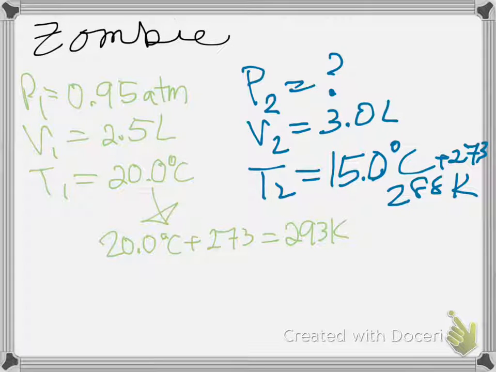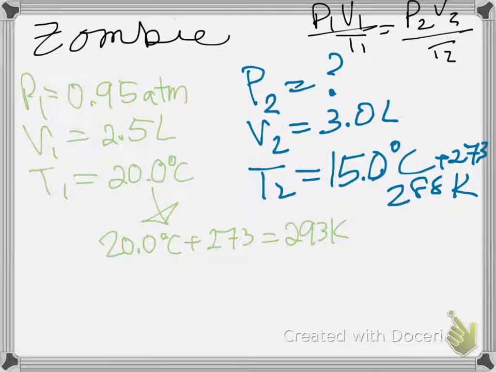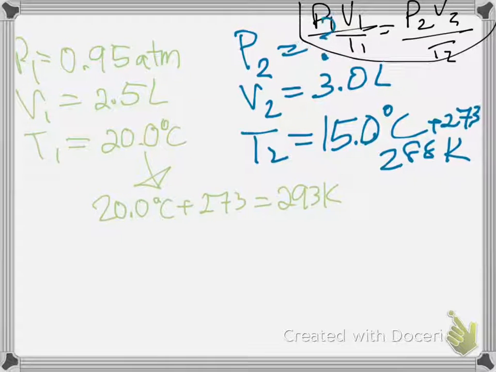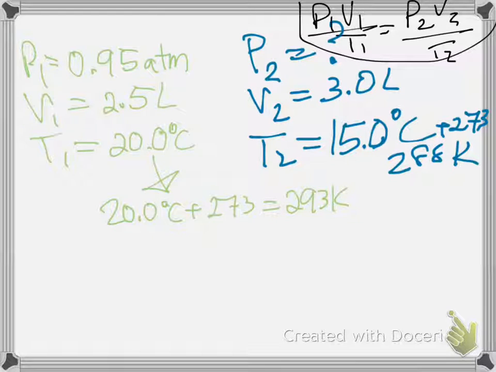Okay, and then if I'm going to solve for P2 in this equation, we should rearrange the equation to have P2 by itself. So if it's P1 V1 over T1 equals P2 V2 over T2. I find that this part is one of the hardest parts for people, so it's easier to rearrange it as variables than it is to plug it in. So most people prefer to do it that way. To keep from making any mistakes, I'm going to show you this time step by step how to do this. Generally, you want to practice rearranging these equations because it's going to be necessary when you do the test. So here we go.